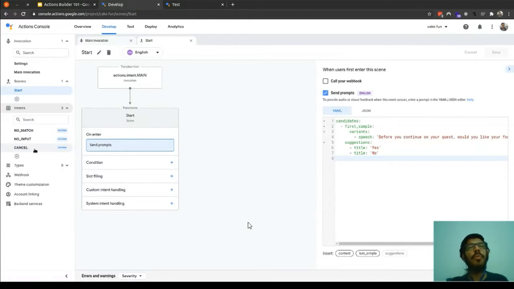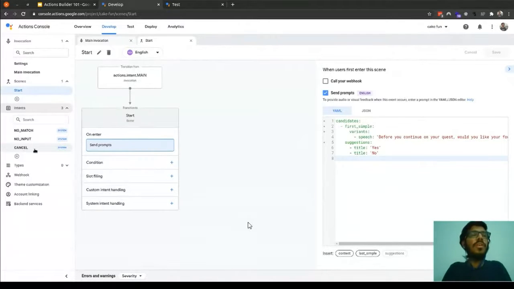That means no matter how deep you are in the conversation, exit will still execute its logic. So those are global intents. No matter how deep you are in the conversation, based on the user's input, it will carry out the respective task.